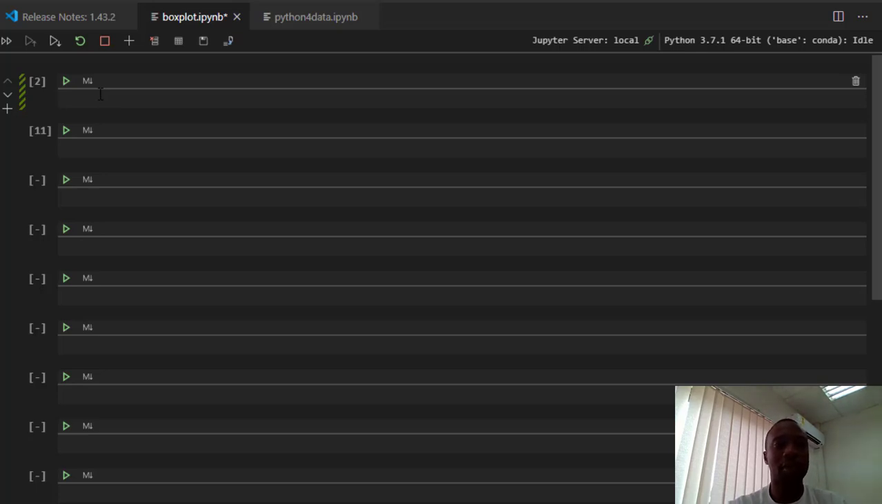Want to use Python to plot box plots for a data set. Right now I'm in Visual Studio Code. This is the interface, and I'm running Jupyter Notebook in it. And for us to use our data frame, which is an Excel sheet, we need to import